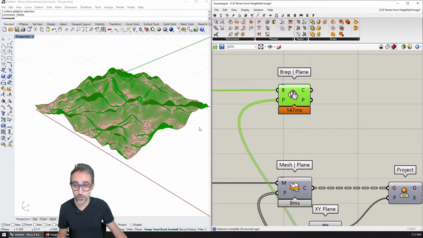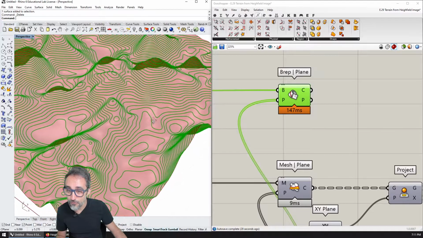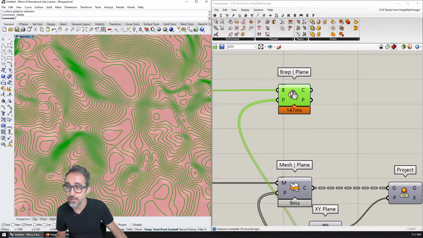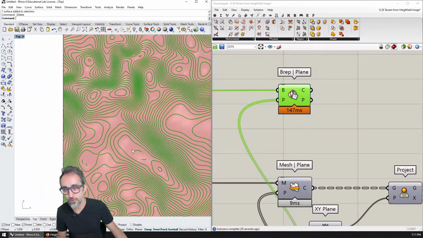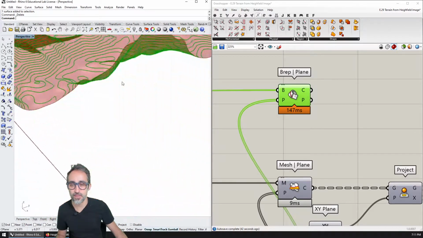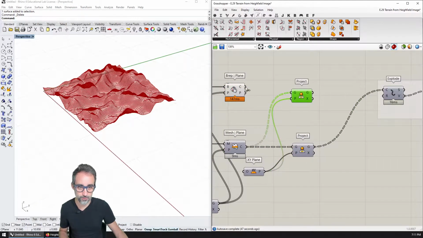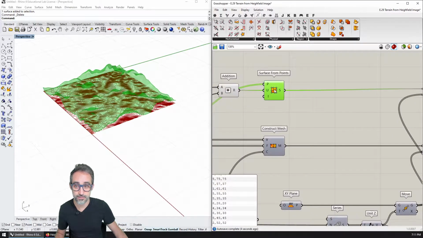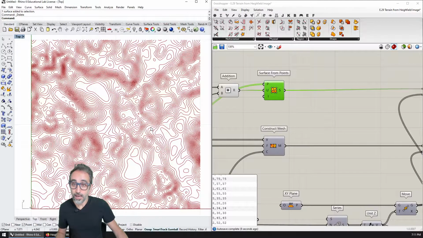But if we look closely enough, you can see that the intersections are now very nice and very clean, smooth curves. And if I look from the top, you can see that it looks way more natural than the situation that I had before. And of course, if I now project this to the XY plane, what I will get is this other form of height fields.